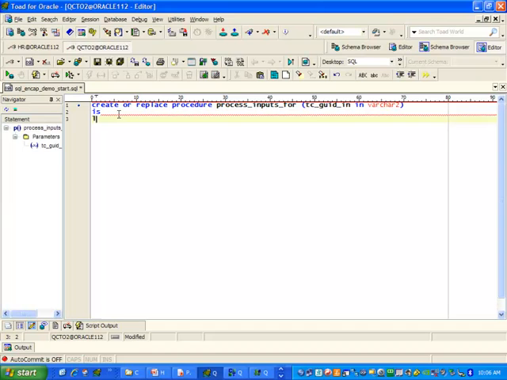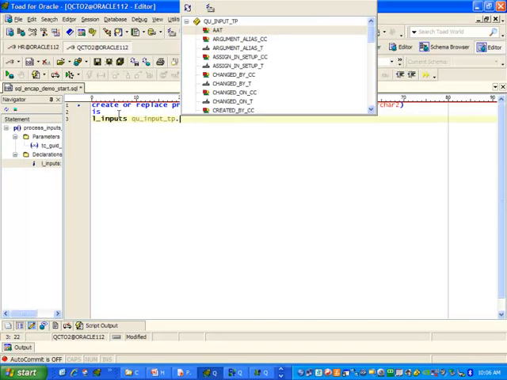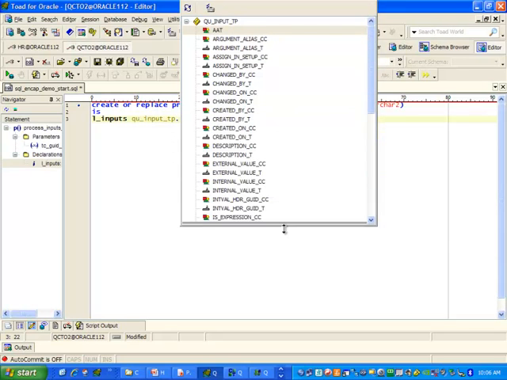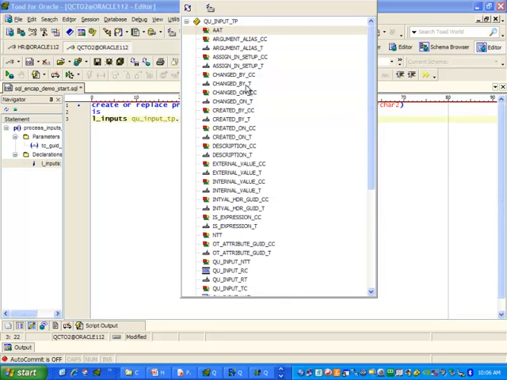Instead, I'm going to say, well, I need a list of inputs. So that's the QU inputs table underscore TP. Get me a type. Dot. It pulls up my list of types. And there are a lot of predefined types. But the point is that the naming standards are very clear. So once you get the idea of the naming conventions, it's really easy to sort out. So for example, I want to get,